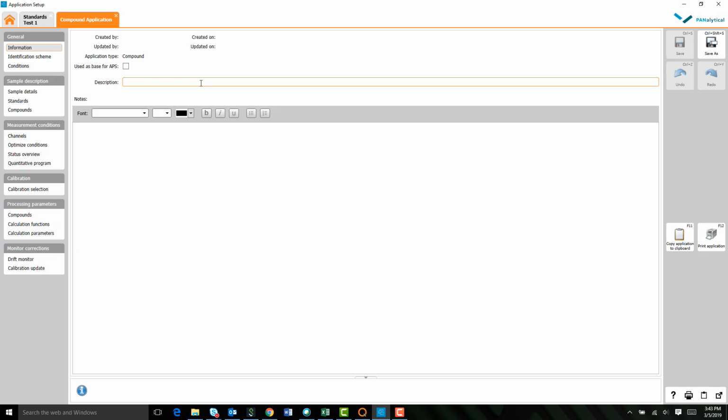And on the very first tab here, we have information. I'm going to put in test 1 application. Obviously, you're going to have something more precise to what you're doing, and I might fill in the information saying I created this on this day, which is the 5th of March, and we're going to say I'm interested in iron, uranium, lead, and you can fill in more information so your colleagues know why you made this application and